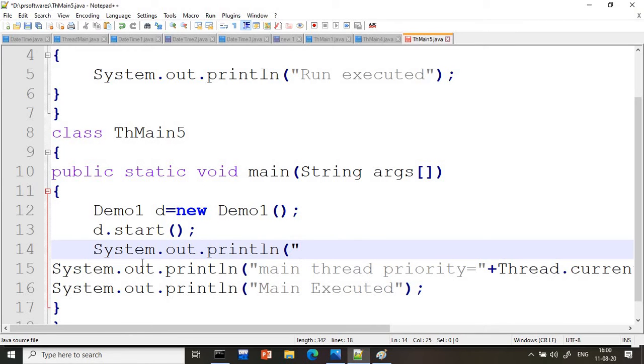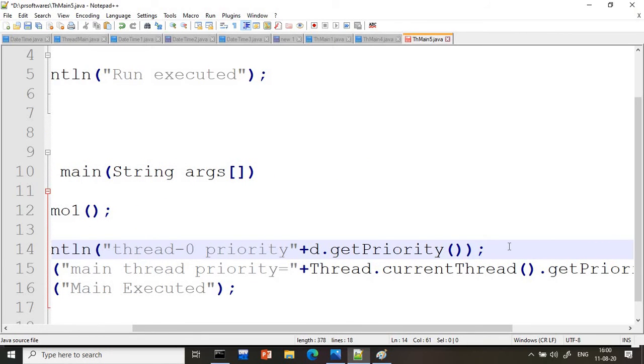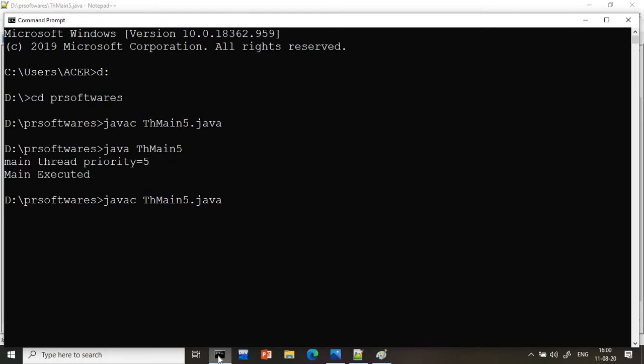Two threads. One is the main thread, second is Thread-0, because we already know the default name of this thread will be Thread-0. I want to check the priority of this one. How will we check it? d.getPriority() is the method where we can check the priority of this thread. So we are calling d.getPriority(), and we'll save and see the priority of both the threads.